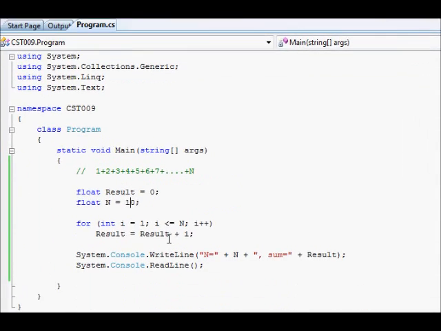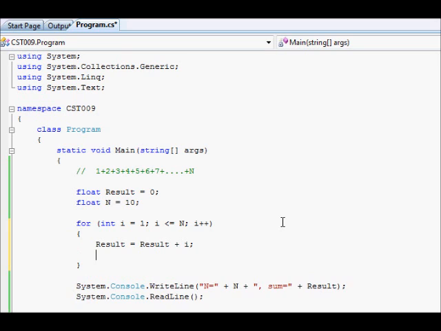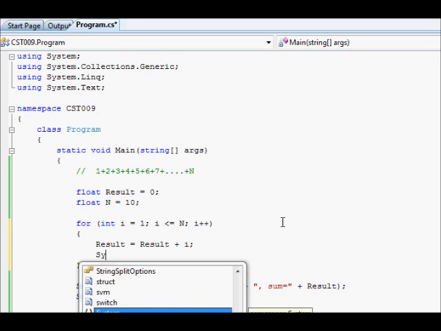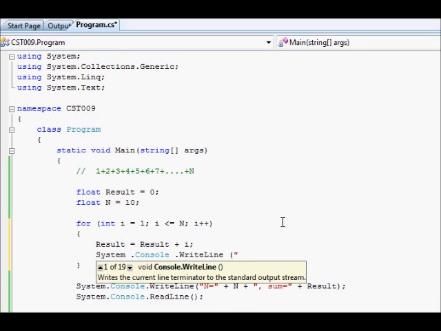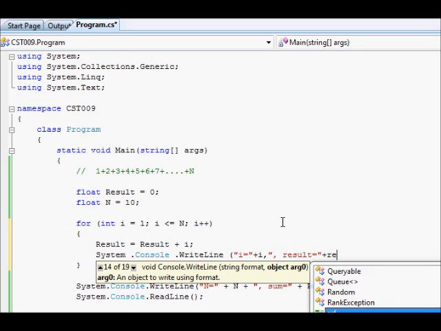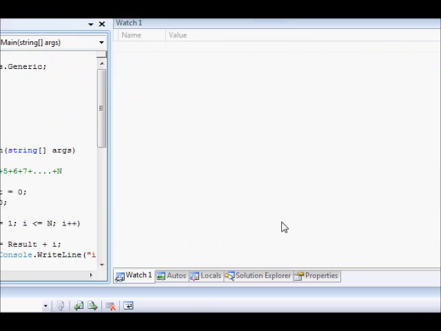Now we could actually print the intermediate results in the for loop. So in each step you could write something like this: System.Console.WriteLine i equals, this is the counter, and result equals result. Now you might be asking why we are doing this. Well, this will allow us to see the value of i and result in each single step. So if we have a look now,